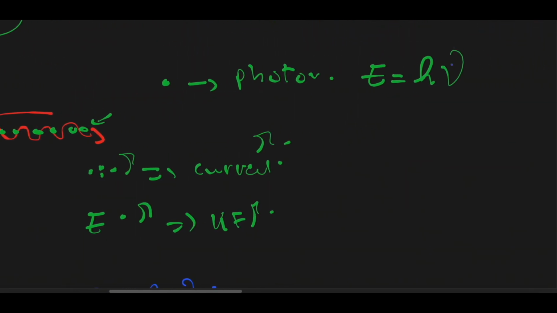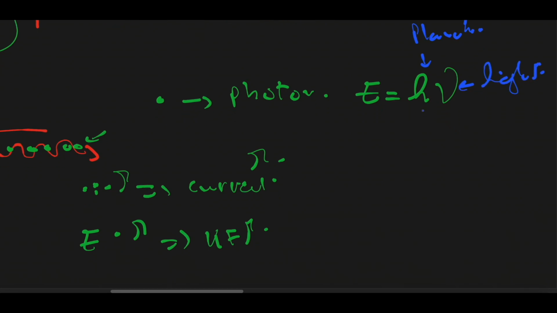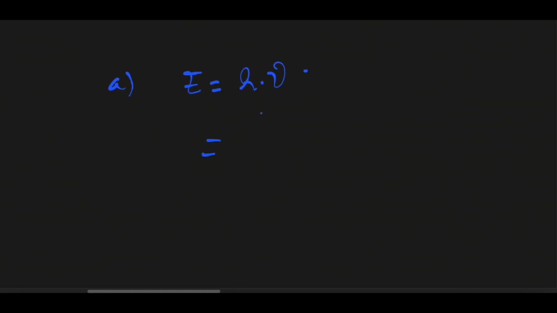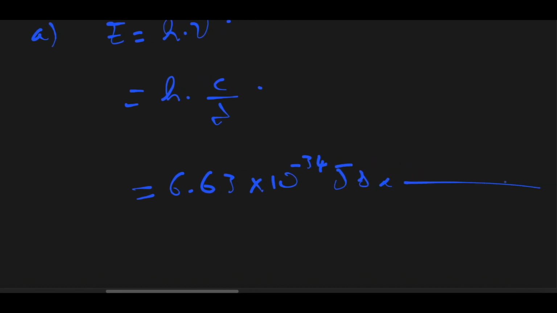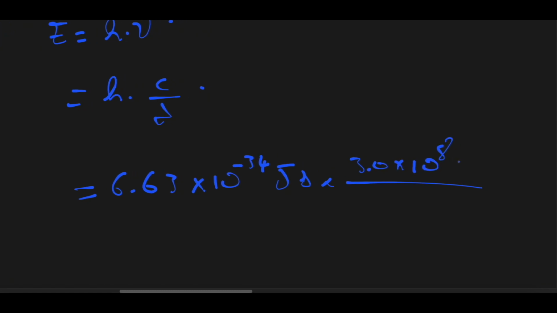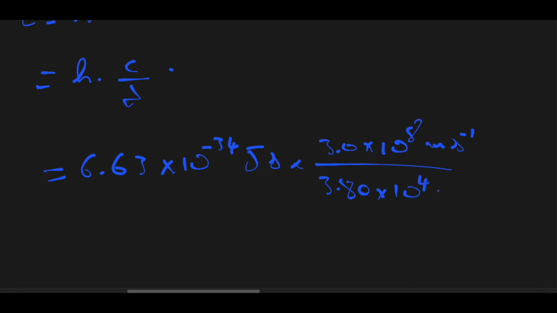So this relationship represents the Planck's constant and the frequency of light, or of the electromagnetic radiation, and also it is equal to h times c over lambda. So we replace by their values. So we have the Planck's constant equal to 6.63 times 10 to the negative 34 joule second, times the speed of light in meter second negative 1, over the given wavelength, which is equal to 3.80 times 10 to 4